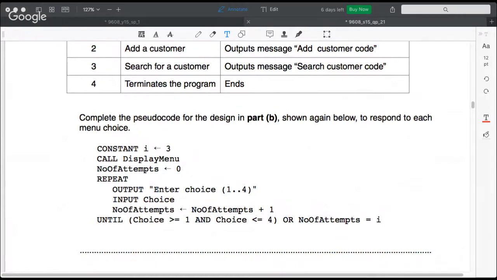Then you do the if that you did in pseudocode as well. Call read file, then print add customer code, the search customer code, and if choice is 4, it will actually exit the program. So that's how I implemented it. There might be other ways, but